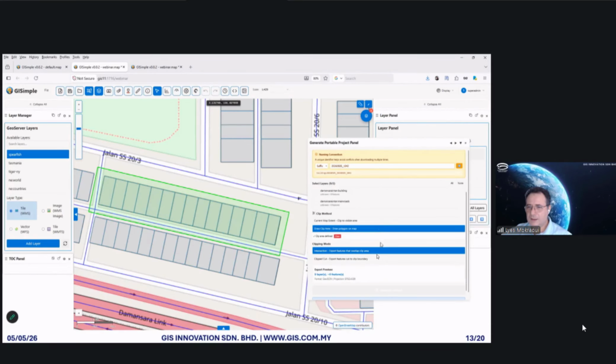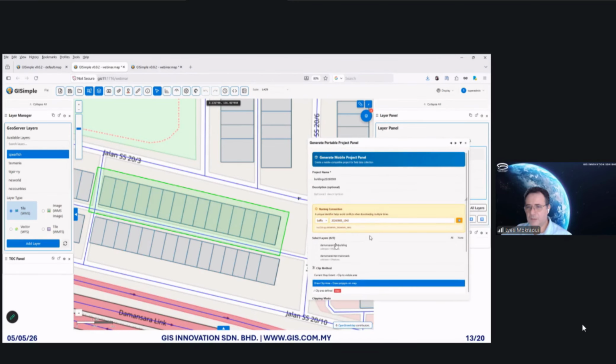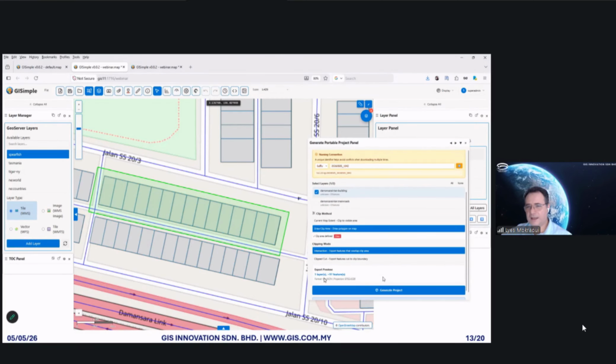let me see the layers. Okay, I need to use the layers from the building layer. Just now I did not select it. So what I have is one layer, and then I have, let's say, 95, 97 features in that specific layer. But once I generate a project,